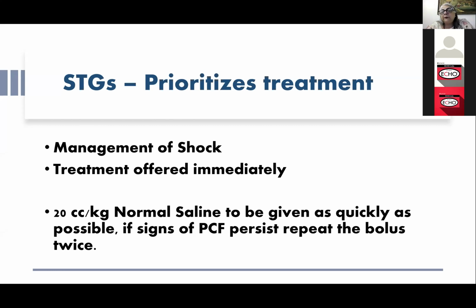But many of the people respond by saying, "Pehle main history lunga, sample lunga, IV line establish karunga." All this may take some time. History leke cause of shock ascertain karne mein time lagega. IV line lagane, because this is a shock patient, usme bhi time lagega. But we can do this safely. Agar oxygen start kar diya hai, then we can take the history, establish the IV line, and start this.